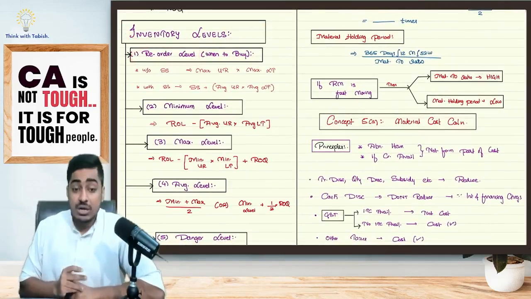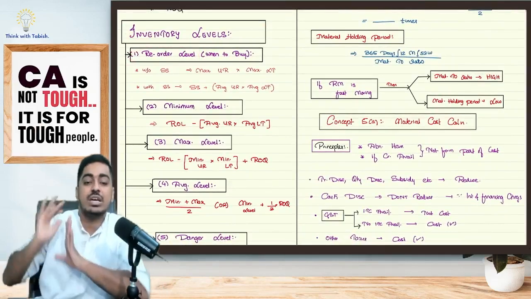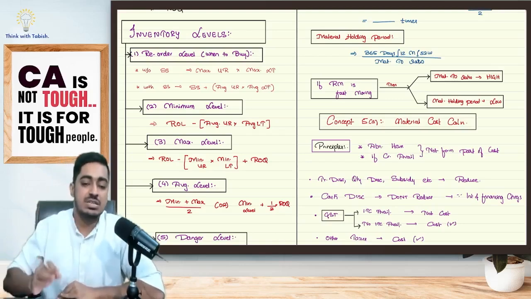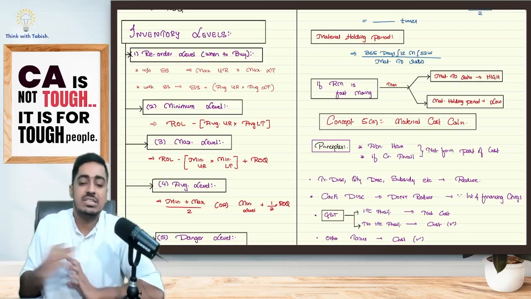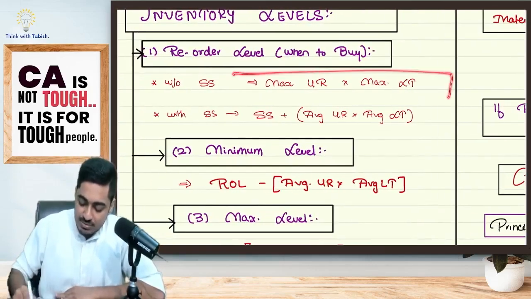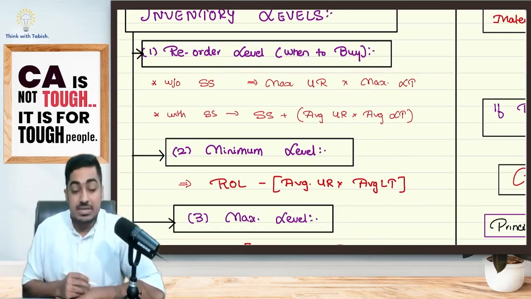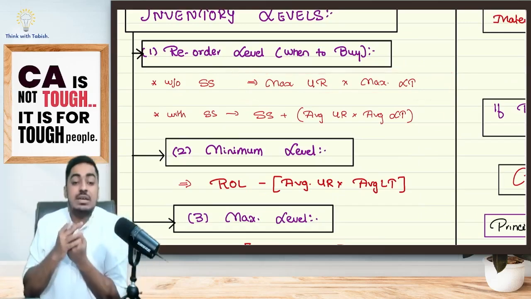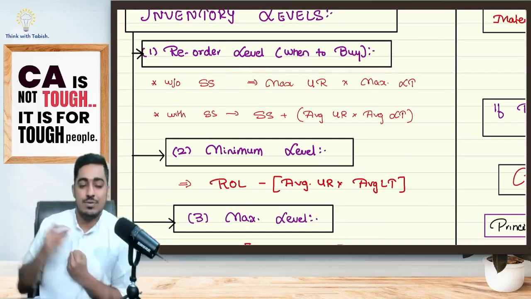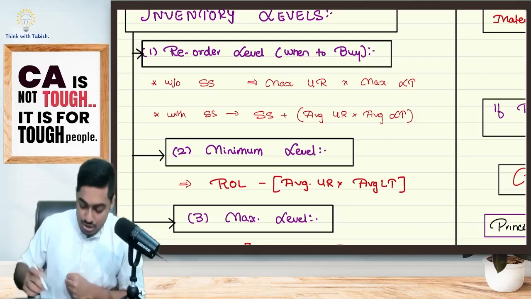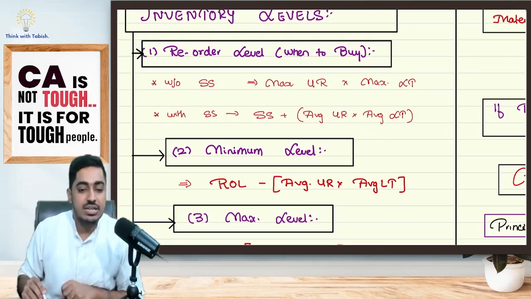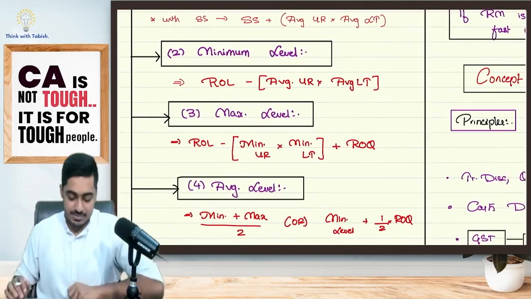Reorder level. Reorder level gives me an idea of when should I buy. Place the order in such a way that even if I do maximum consumption, even if supplier takes maximum time, still there is no stock out. So my reorder level formula is maximum usage rate into maximum lead time. But sir, for emergency purpose, I have kept safety stock separately. In that case, should I take maximum again? No. For emergency purpose, you are already having safety stock. So in that case, my formula is safety stock plus average usage rate into average lead time. Is this clear, everyone? Perfect.